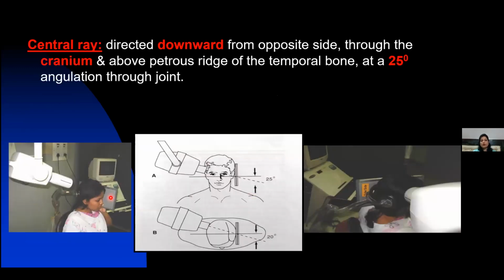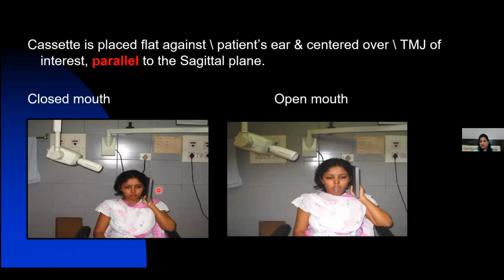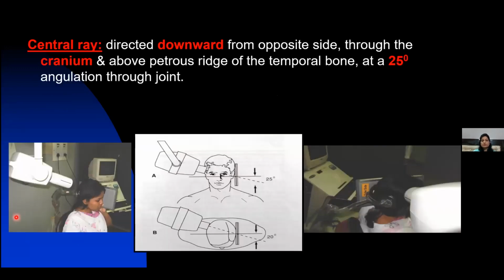Central X-ray is directed where? So you can see image receptor positioning, I have told you already. This is the image receptor positioning. Now I have to center transcranial. So it has to be through the opposite cranium. Directed downwards from the opposite cranium. Clear? So what is the angulation? Above, this is the petrous temporal bone. So above the petrous temporal bone at an angle of 25 degrees. So from 25 degrees angulation, I will give a central X-ray directed over the opposite TMJ area, transcranial.